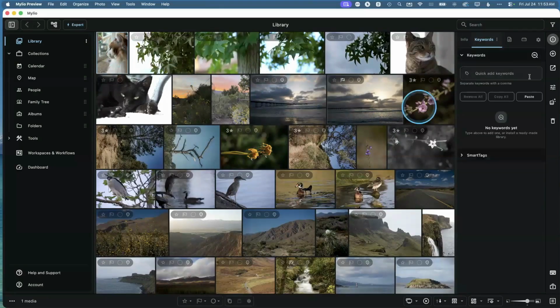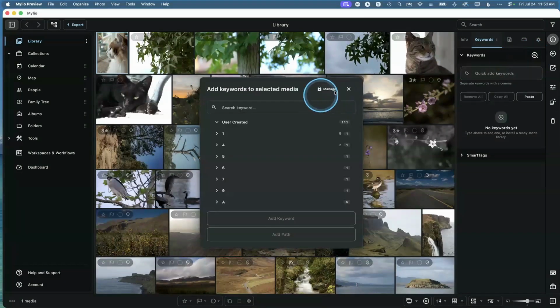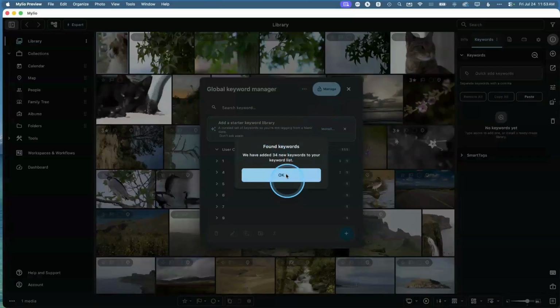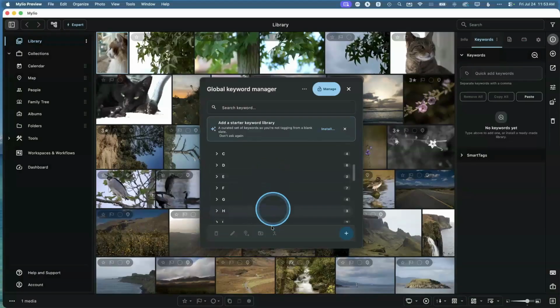I'm going to select an image, click that keywords manager, and unlock this. Up here in this menu, we've got some other options. So if there's things that you've keyworded inside of Mylio that haven't popped up here in your global list, you can trigger it to scan your library to pull in anything it might be missing. So we can go ahead and do that. It found 34 new keywords,